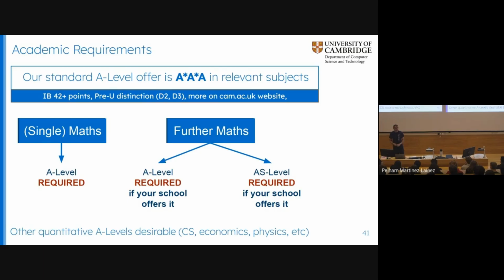If you don't do A-levels, if you do other stuff, well, I couldn't put them all on the slide. So the right thing to do is to go to the CAMAC UK website. It actually has a nice page where you can say what qualification you're doing, and it says what the matching necessary things are. Broadly speaking, though, our take for computer science is the more maths you can do, the better, because that translates to better computer scientists down the line.